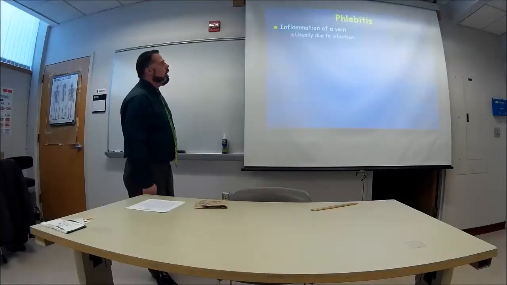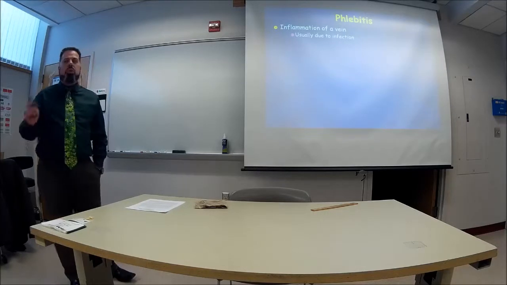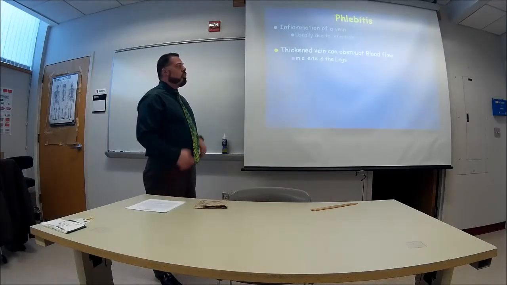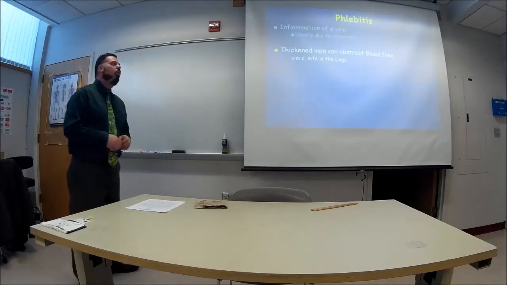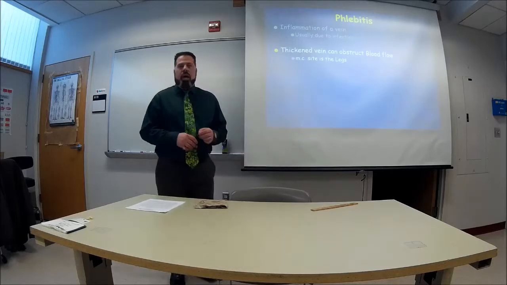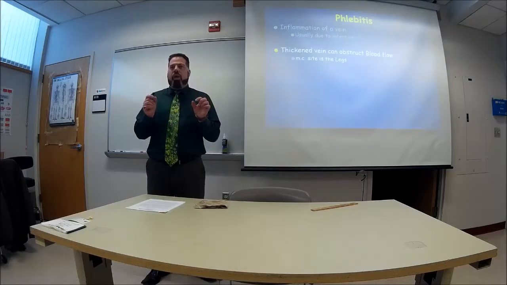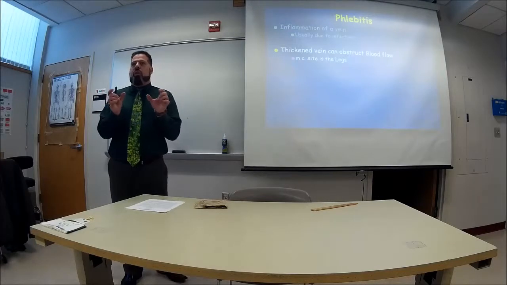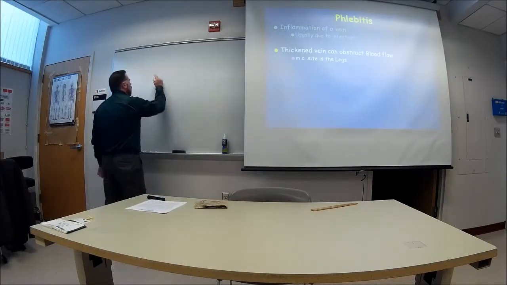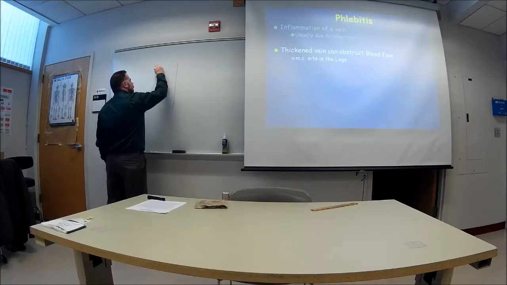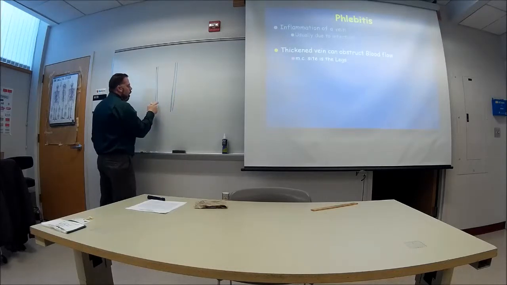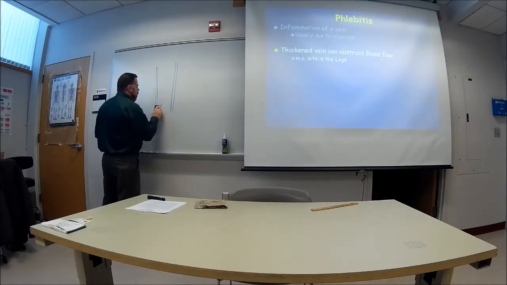Phlebitis. All right? This is inflammation of the vein, usually due to some sort of infection. Basically, the vein itself is thickened and it can obstruct blood flow. The most common site, again, is going to be the legs. Okay? So you have this vein, the wall of the vein gets inflamed, so it gets thicker and thicker and thicker. That's going to press against the, here. If you have, let's say, a vein that normally is like this, but now the wall of the vein is going to be thicker,